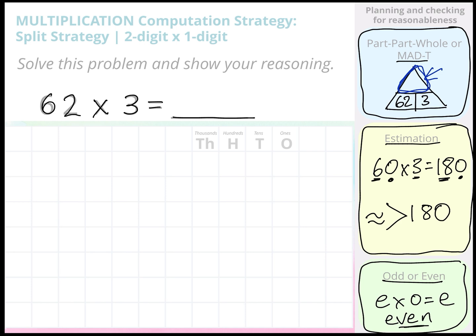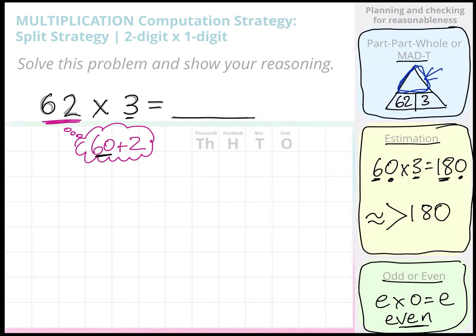Okay, let's get on to using the split strategy. Now, when we do the split strategy, especially when we're starting out, we are going to split the 2-digit number. We don't have to split 3, obviously. Okay, so 62 is going to be 60 plus 2. So I'm just breaking it into my place value parts. So what I'm going to do is multiply my